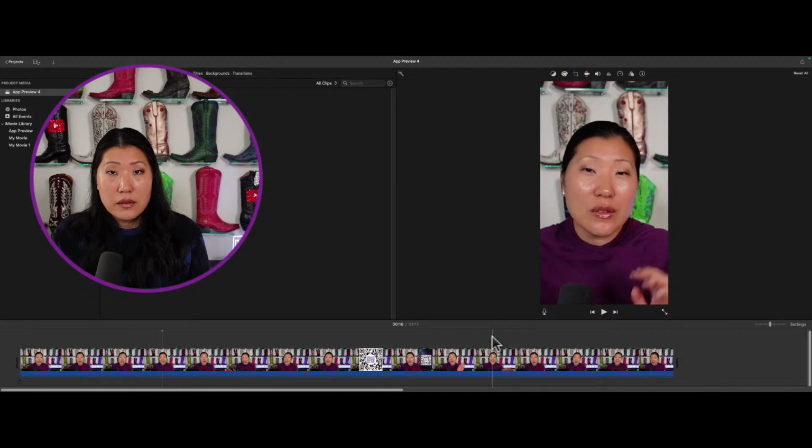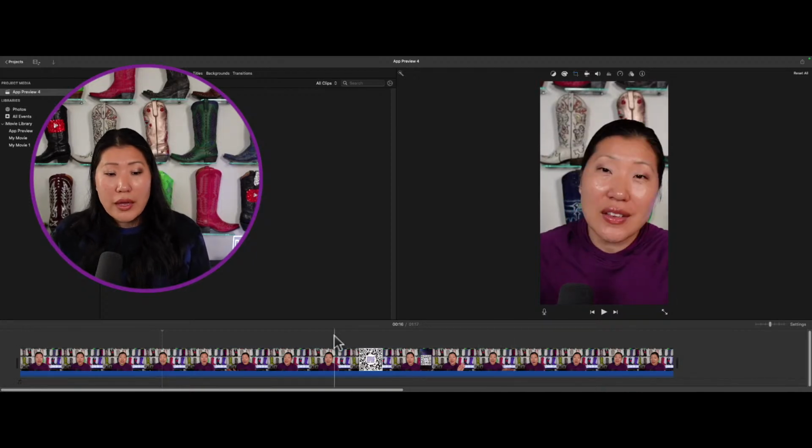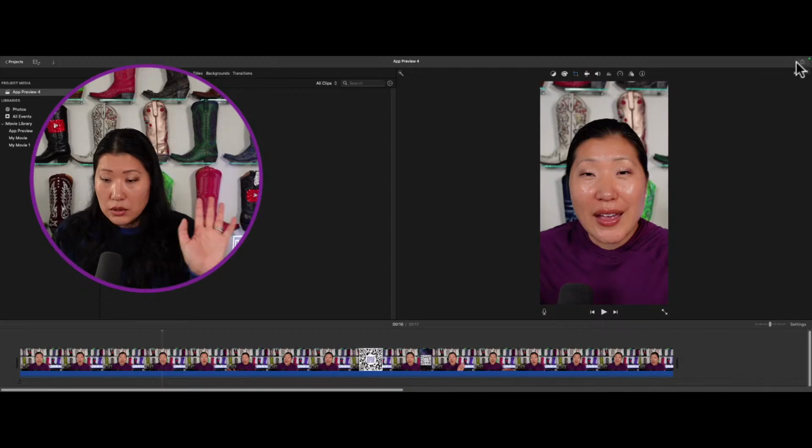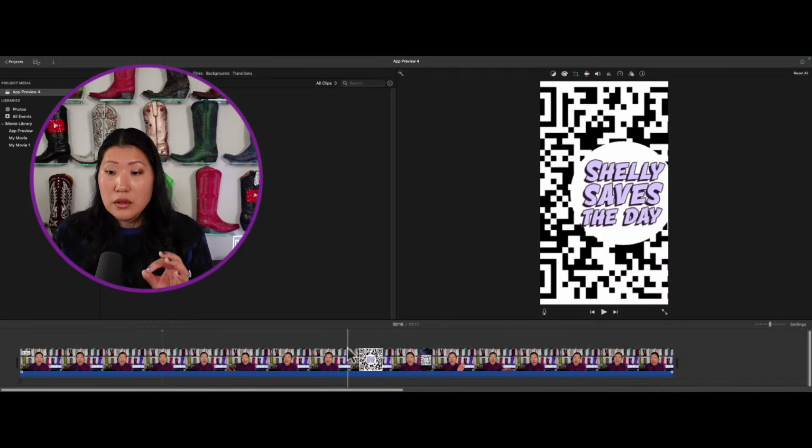So this is the trick to do that. Now you can go ahead and complete the rest of your edits inside of iMovie, and when you go to export this, it will come out as a 9:16. So this is the workaround if you want to create a vertical video inside of iMovie: create app preview.